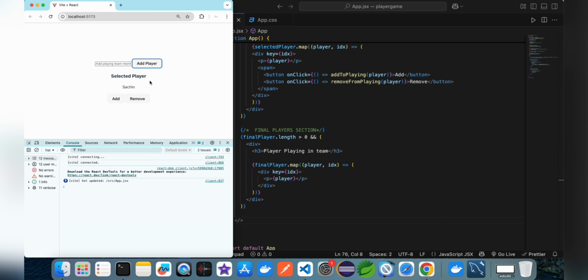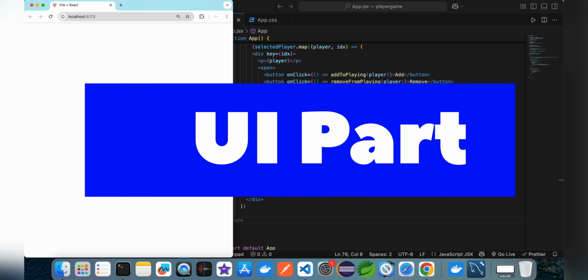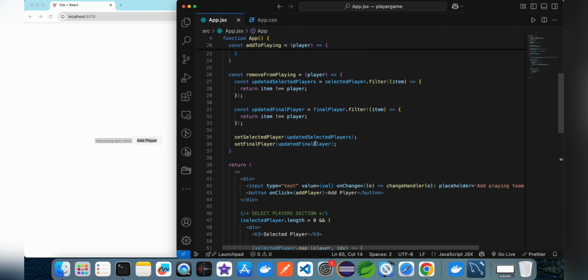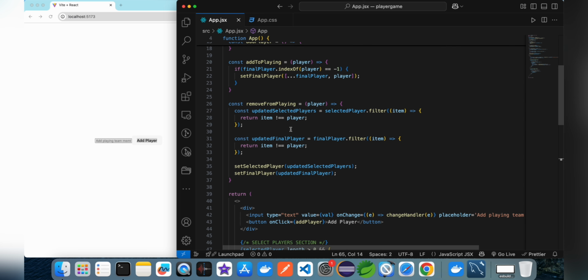After adding a player you can check the selected player as well as the final one. Now it's working fine, and yeah, if you want to make some UI enhancement, then stay with me for the UI part. Here I will go with the UI part. For that first